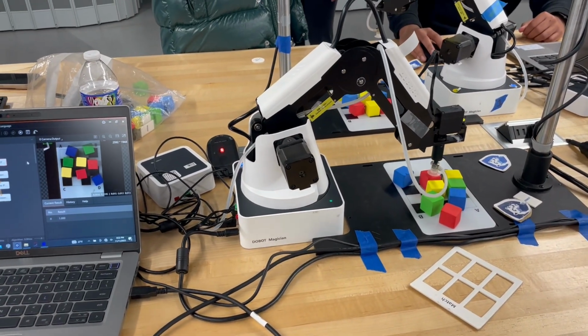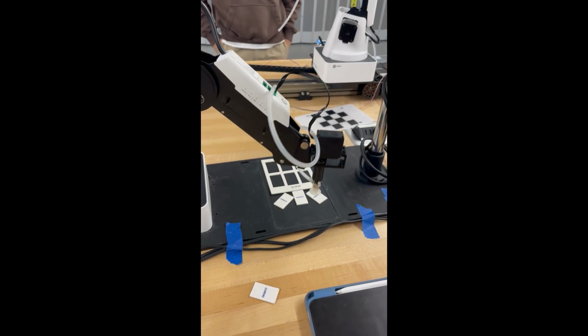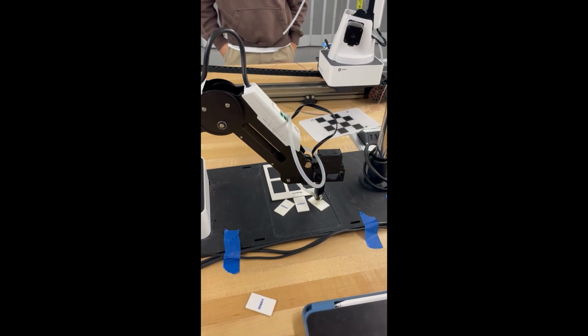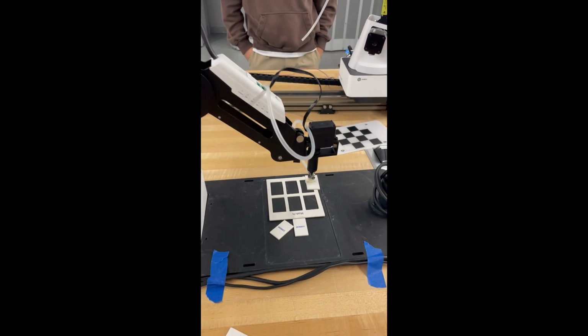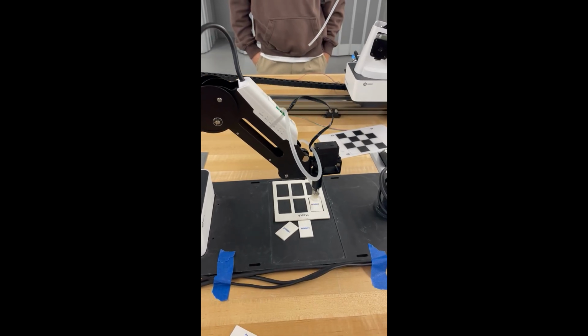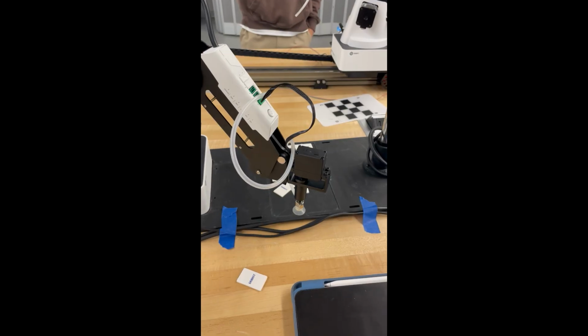Now, the final lab, Lab 3, was used to match each rectangle with its corresponding slot and calculate the orientation angles of both the rectangle and the slot. Once we obtained these angles through feature matching and script functions, we could rotate the rectangle to the correct orientation. After converting the image coordinates to physical coordinates, the robot was able to place each rectangle accurately into its matching